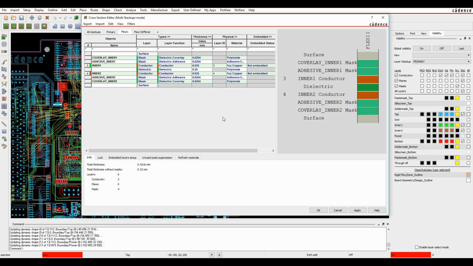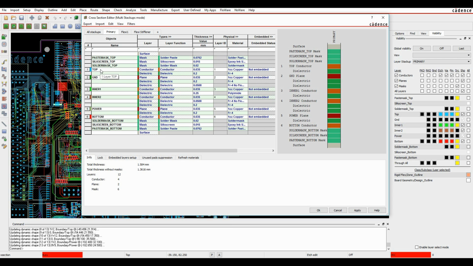The key part here to remember when I start to do placement and routing is that this is the top half of the Flexi and the bottom half of the Flexi. This is the top half of the rigid part of the PCB and the bottom half of the PCB. I can add any layers that I like when I need to. It's as simple as a right click,